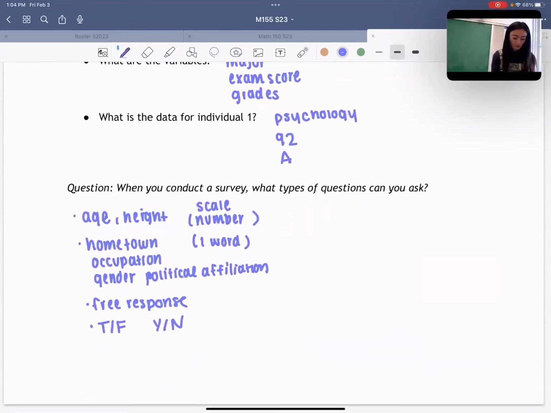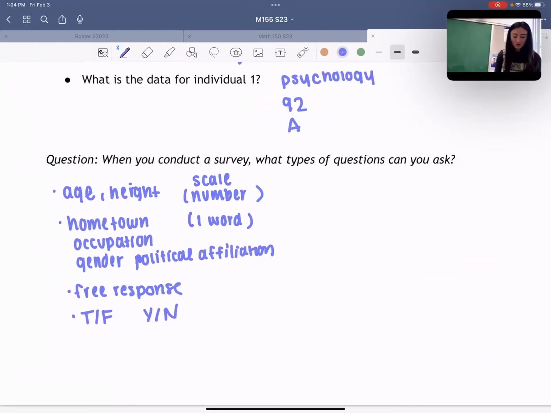And then when we started talking about the idea of data, we realized that there's a lot of different types of data that we can actually get. For example, age and height, those are things like numbers that we can be given. We mentioned your occupation or your gender or your political affiliation. Those can be answered using words, so usually a one-word answer. There's also yes or no, true or false, free response questions that are all very different types of data